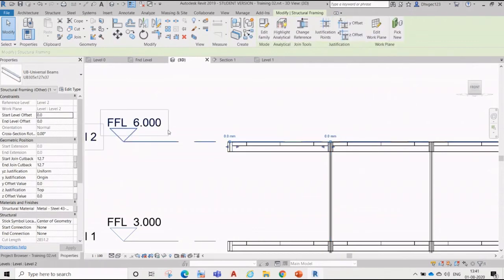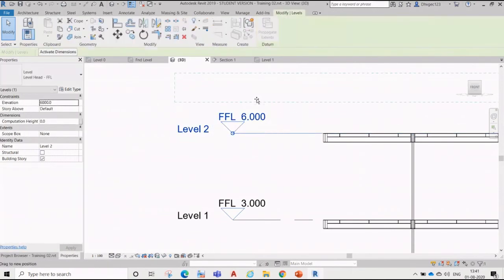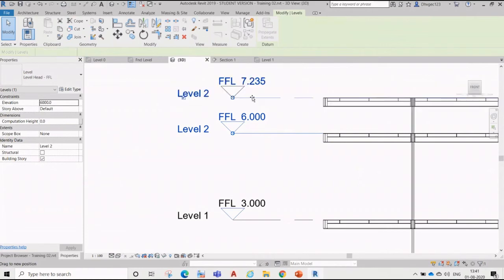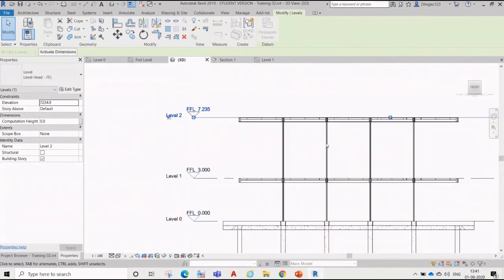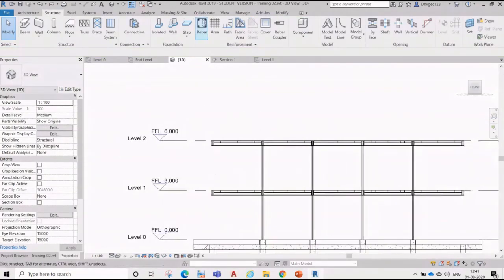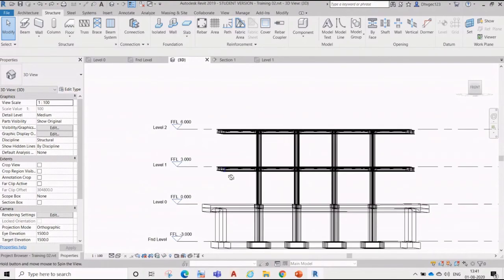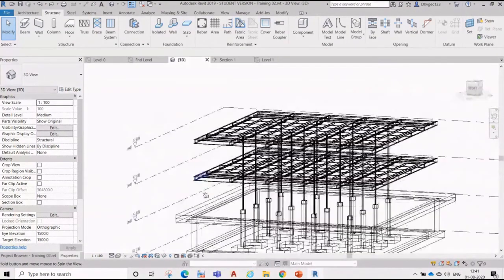So now you can see these beams are associated with level 2. If I change this level height, right, automatically everything stretches. So that is why the name Revit is that if you are going to revise something, the revision is easy. Okay, so now we did this one.